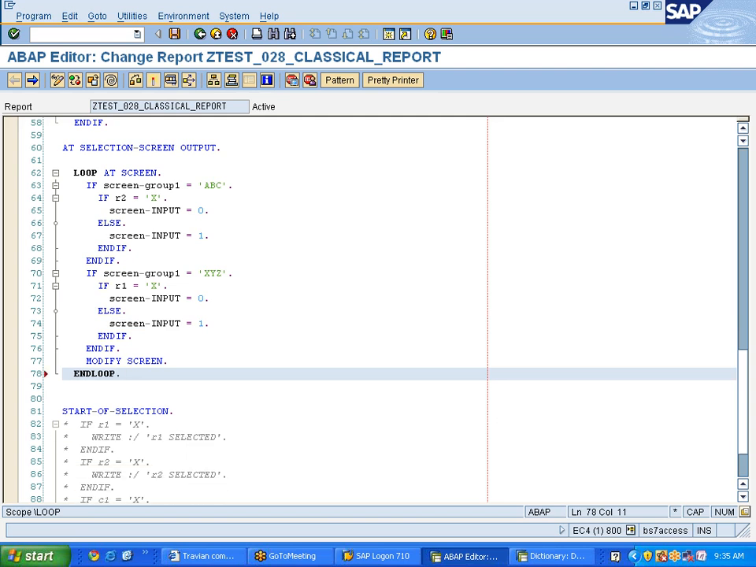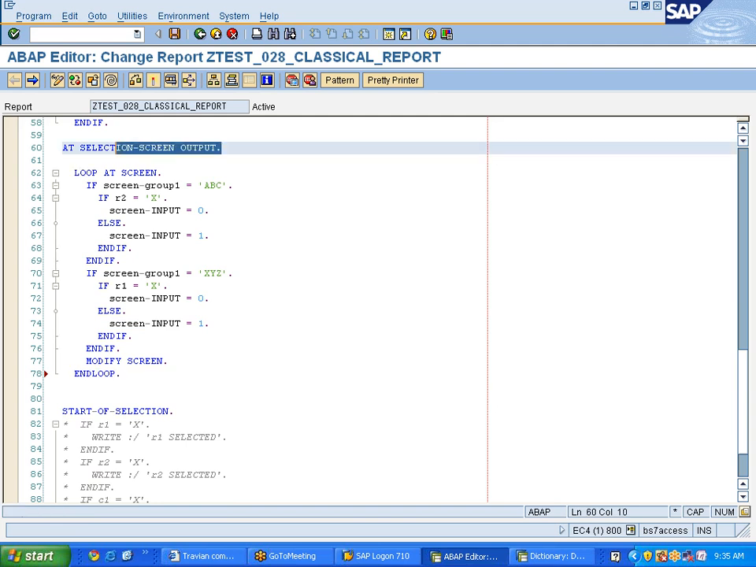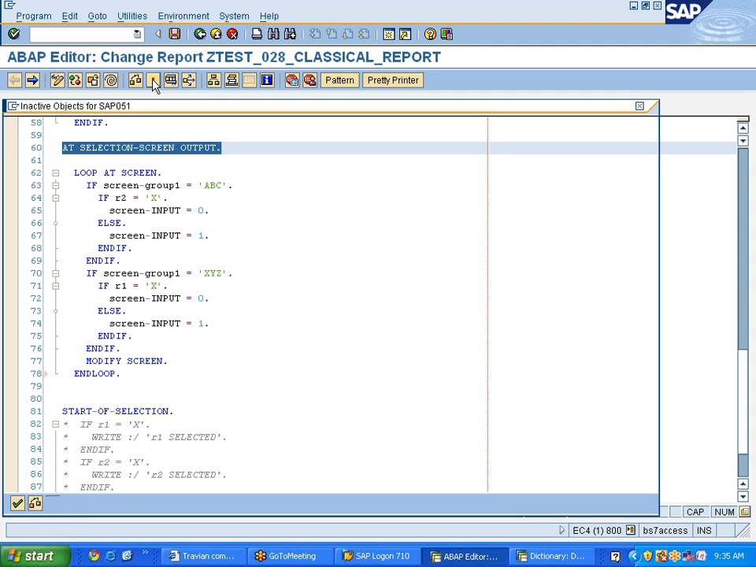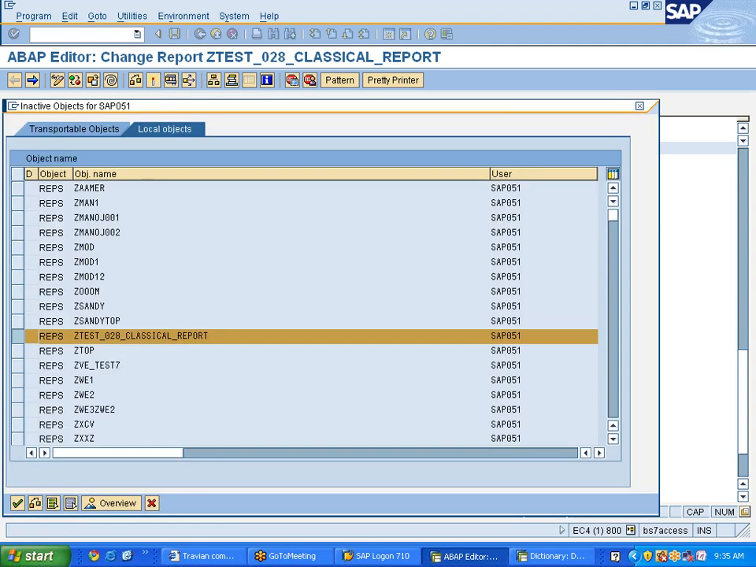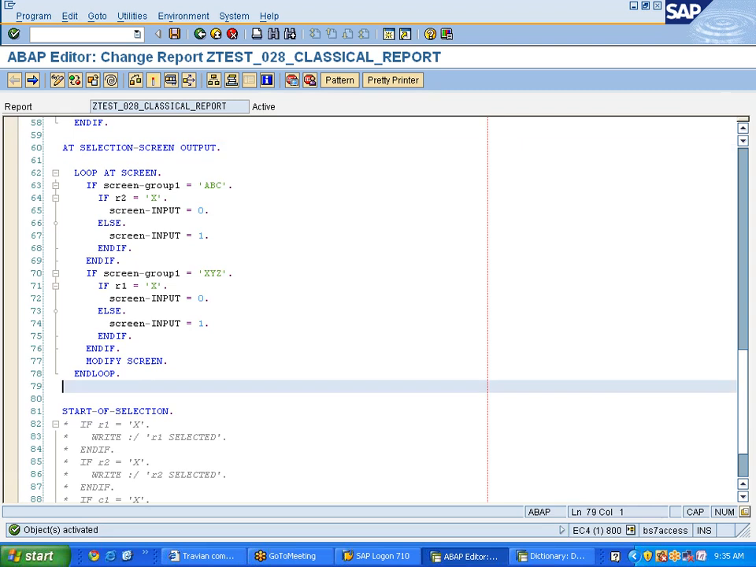So basically my intention is to tell you how to use the at selection screen output event. The at selection screen output event will be used to modify the layouts. Now you have seen practically how to modify the screen layouts, correct? Now the next thing,